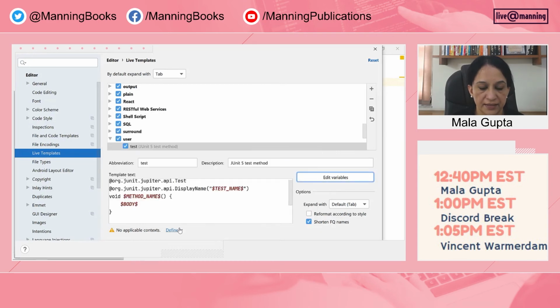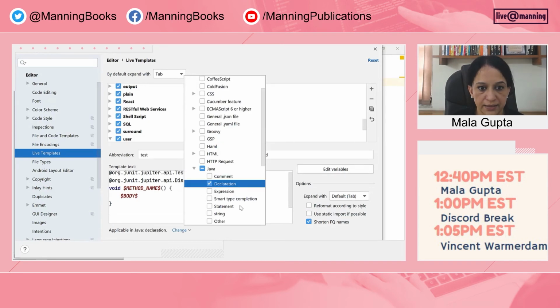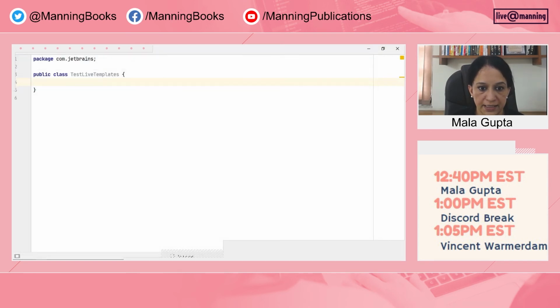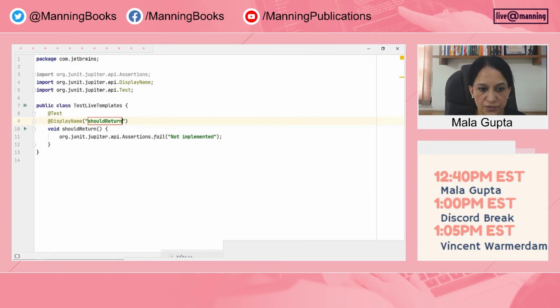At the end, define the context in which this live template will be applicable. In this case, I'm selecting Java. When I click on OK, I can write test and hit tab, and I would see that the text that I entered for my live template has been inserted in place of test. Since I defined parameters for my live template, I can also modify their values,